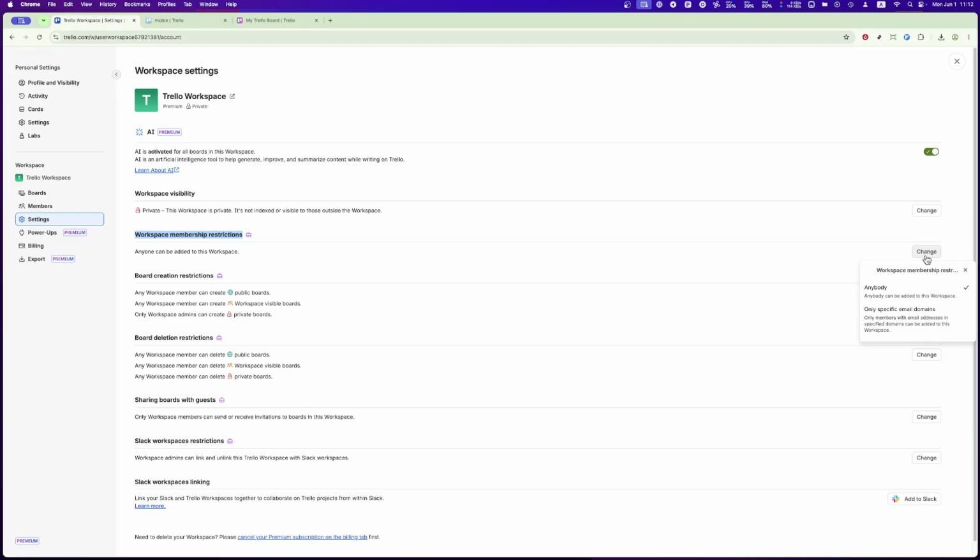If you want to allow anyone to be added to the workspace, you can select the option labeled Anybody. This is the most open setting and allows for the greatest flexibility in adding members. On the other hand, if you want to restrict workspace membership to approved company email addresses, select the option labeled Only Specific Email Domains. This is ideal for ensuring that only people with email addresses from your organization can be